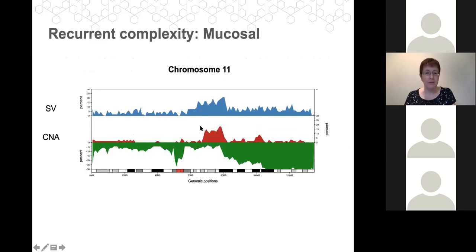And for chromosome 11, this peak of rearrangements and amplifications is again on the q arm towards the centromere. And here we see amplification of CCND1, but there are also other potentially interesting genes in here, such as the kinase PAK1 and the docking protein GAB2.